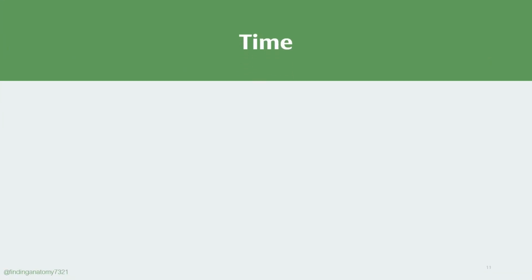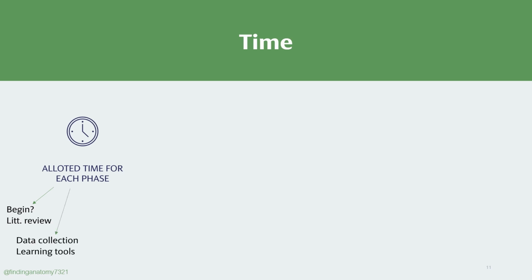So the most important thing that you need to consider is time. During the course of your dissertation, you should think about what things you'll be spending time on. So in the beginning, you'll probably be spending time on researching through the previous literature and previous research on the topic. You'll also be spending time on collecting data and learning the tools, especially in the case of the practical